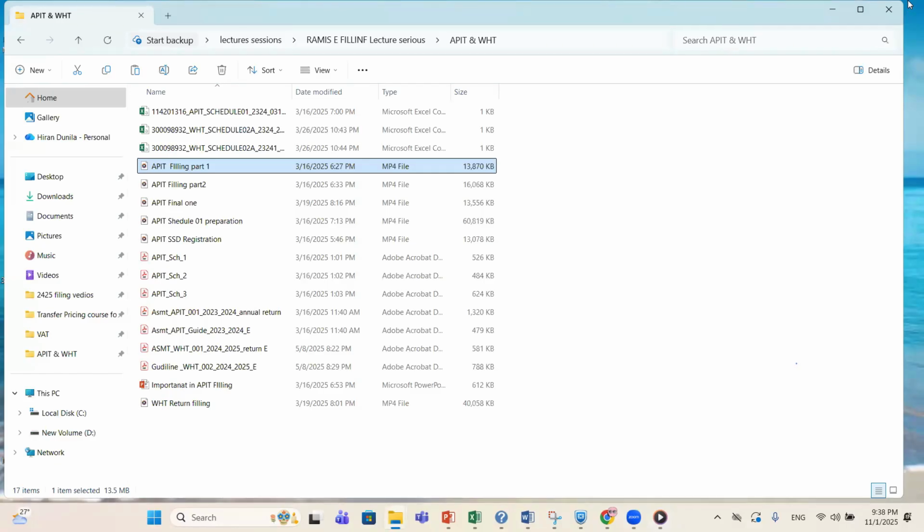After the 4-minute water break, we'll be back at 9:42. Then we can continue, I think, until 10:40. So we can discuss this APIT return filing part and the WHT return filing part as well, because it's also similar. So let's have a 4-minute water break. Is it okay?